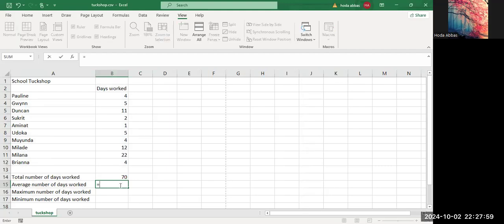Equal, average, tab key from the keyboard, and you can remember what average does: it returns the average, the arithmetic mean of its arguments, which can be numbers or names, arrays, or references that contain numbers, okay? Or you can double click on it or use the tab key, and then select the range,